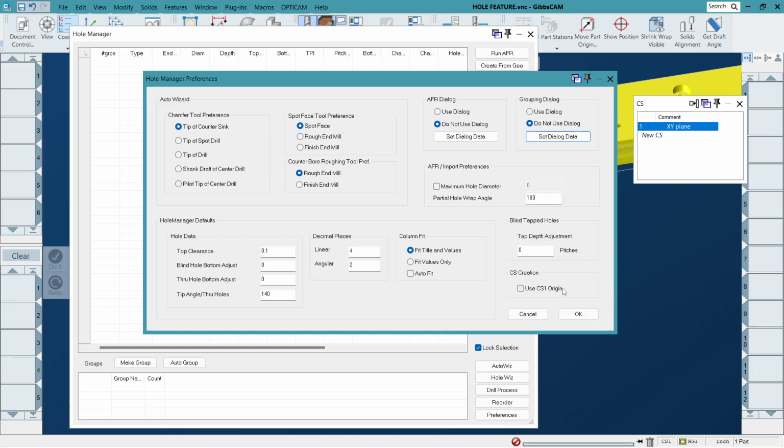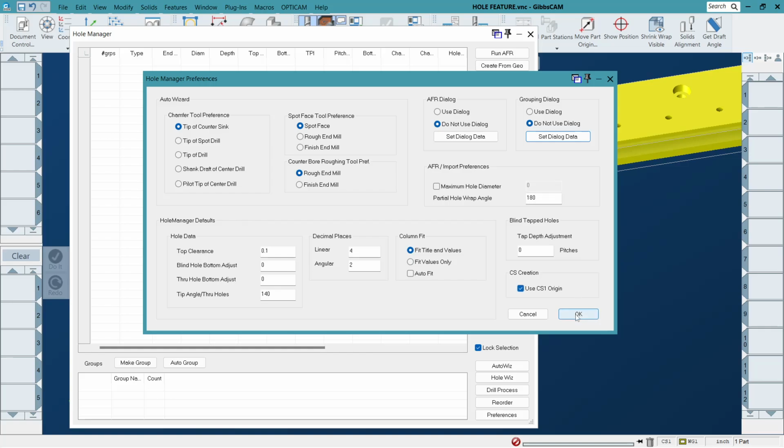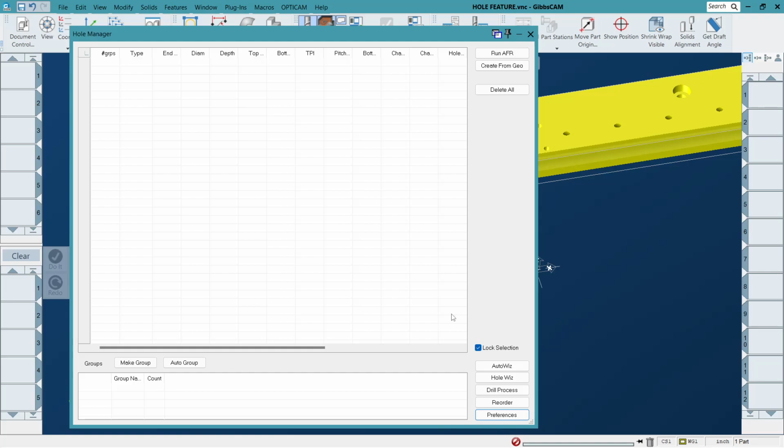I had it here, and at first I didn't know, so I didn't check this. And then when I created a new CAD, it threw up a little bit. I had to look closely, and then I figured it out. But for my case, I have to check this. Okay, everything else just leave there, because I don't think you need to change much besides